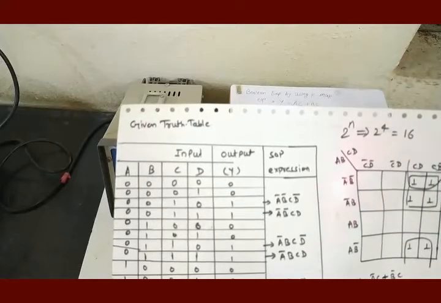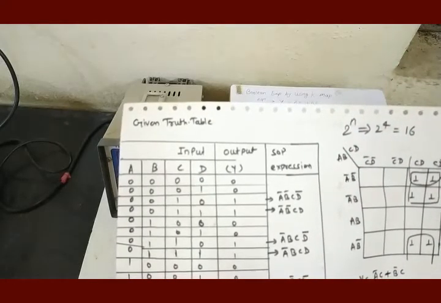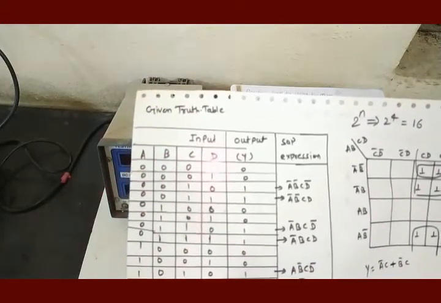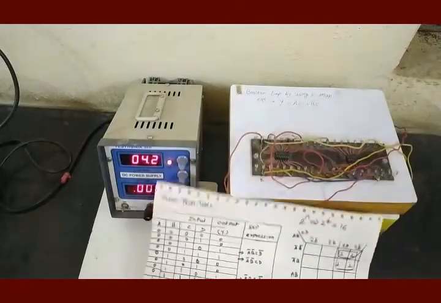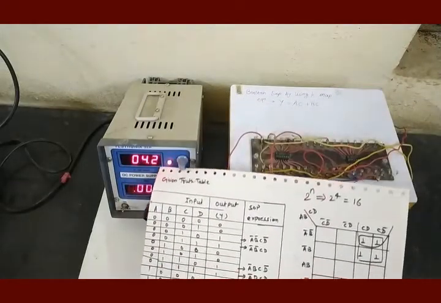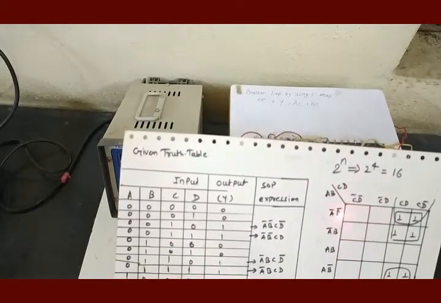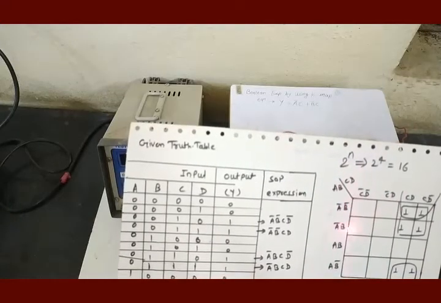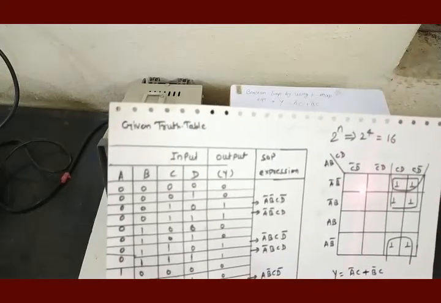The number of this cell is A bar, B bar, C bar, D bar. And what is A bar, B bar, C bar corresponding to? It is corresponding to 0. And therefore the number of this cell is 0. Okay. Then go to the second cell. What is the name of the second cell? A bar, B bar, C bar, D. A0, B0, C0, D1. So the number of this cell is 1.